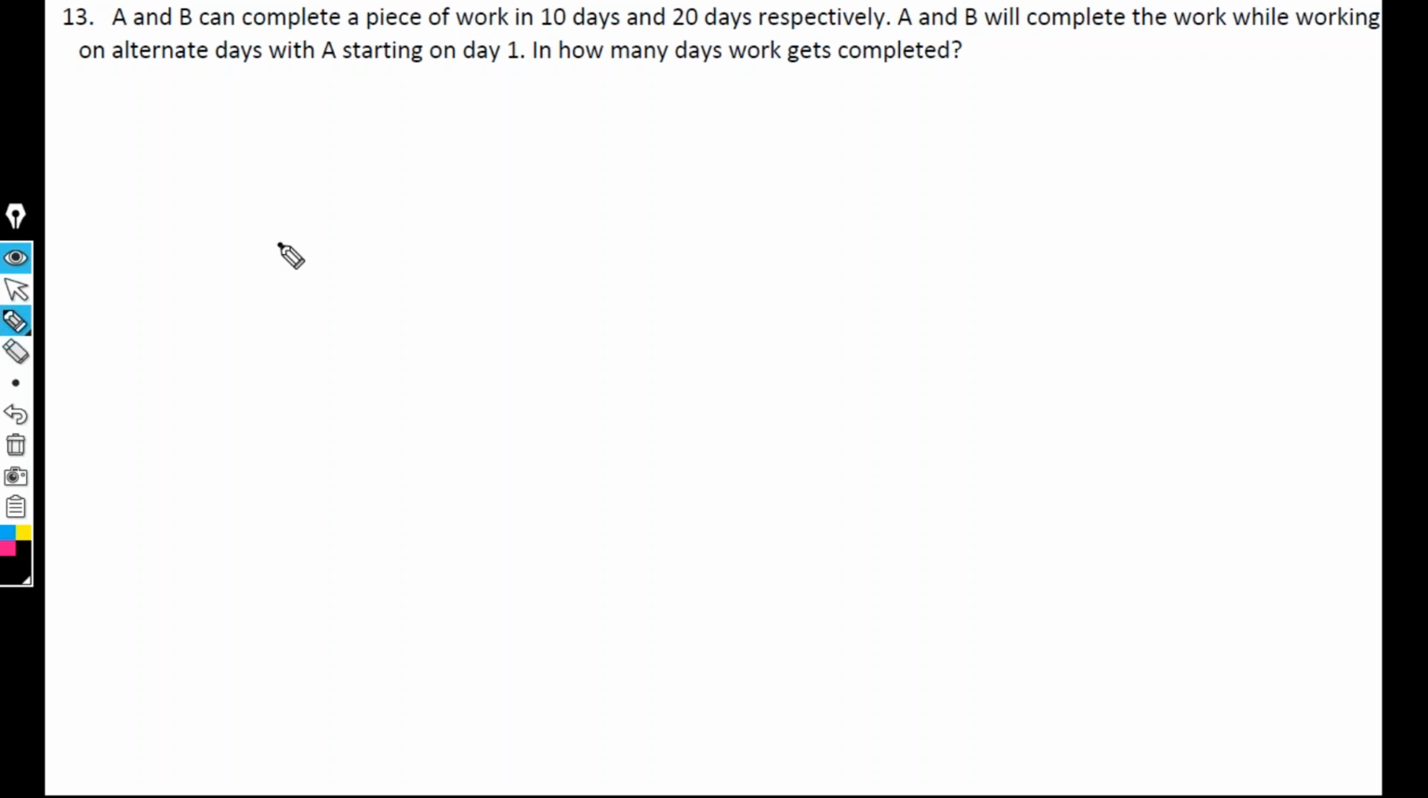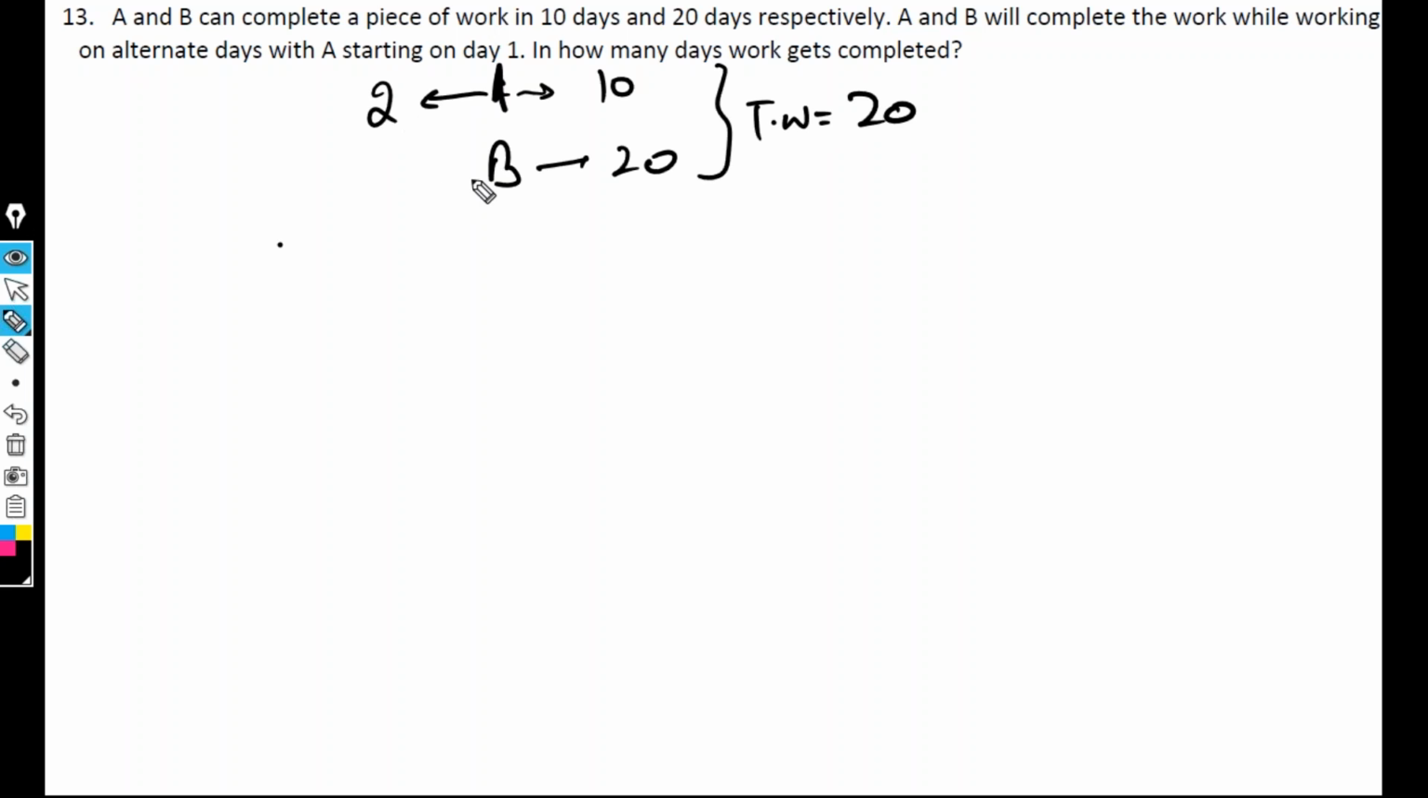Okay, guys, have a look here again. I wasn't expecting that you guys would do it wrong. We did the very same question in the previous class. So A takes 10 days to complete the work, B takes 20 days. So total work comes out to be the LCM of 10 and 20, which is 20. So A will complete 2 units in 1 day, B will complete 1 unit in 1 day. As it is given that they are working on alternate days in this particular fashion,